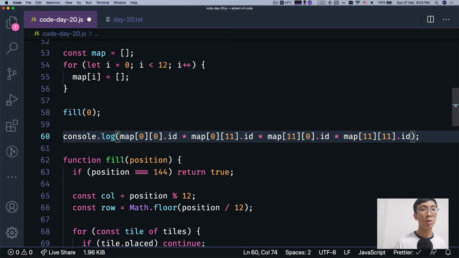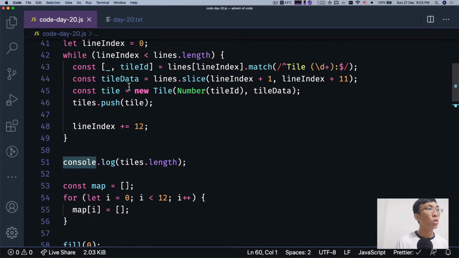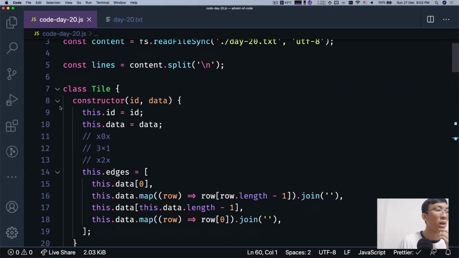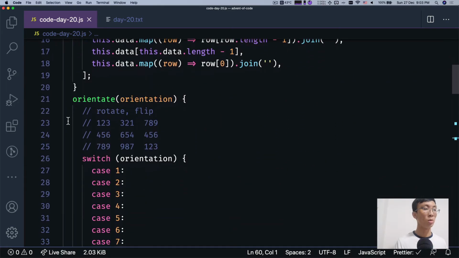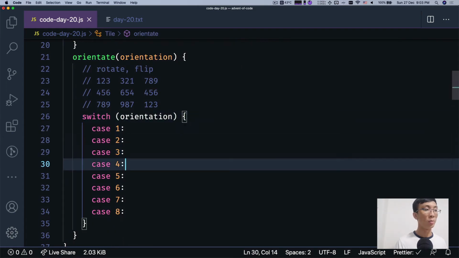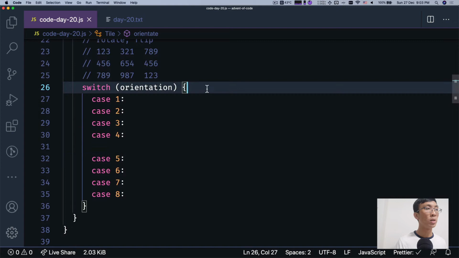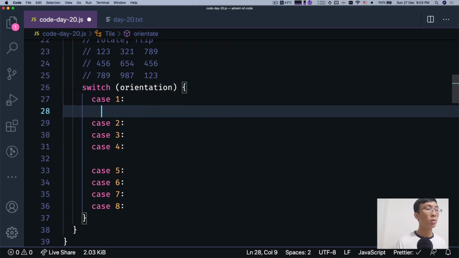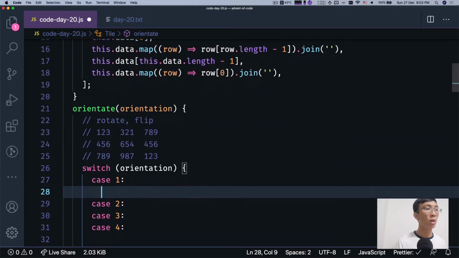This is the bottom right. So you can console this will be the IDs, right? So now we are going to look at a tile, which is the last thing that we're going to do, is to orientate them, right? So I'm going to split into two halves. So first is that the first one, case 1, is actually doing